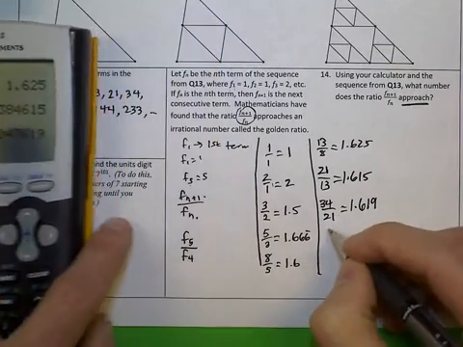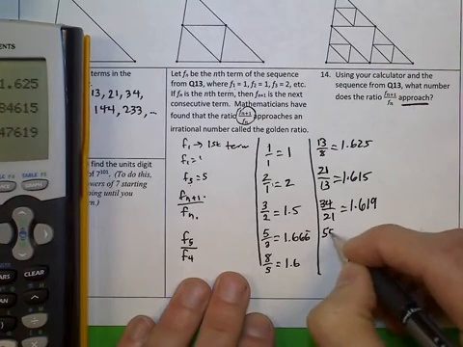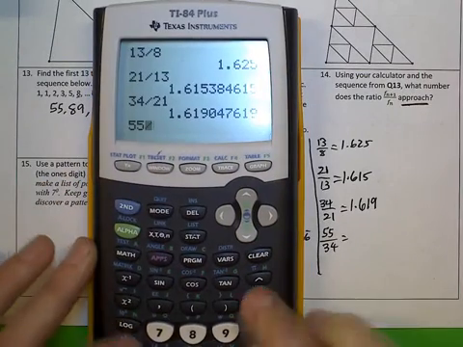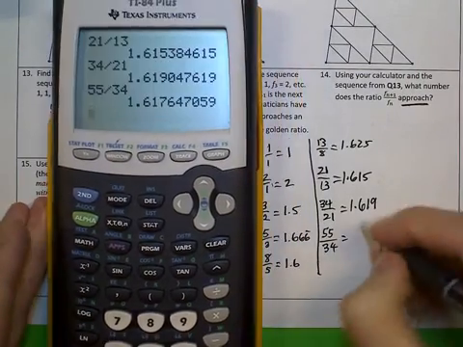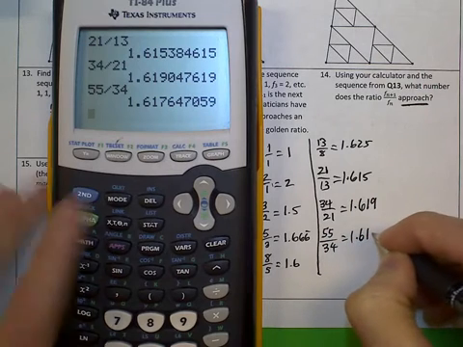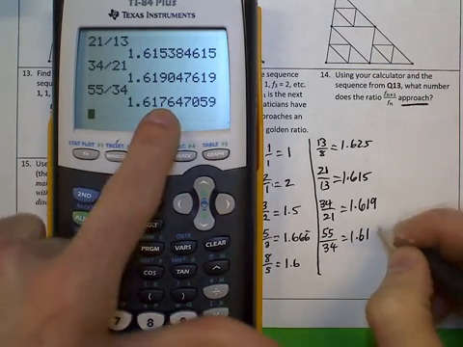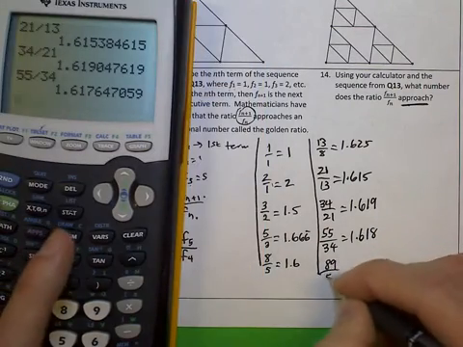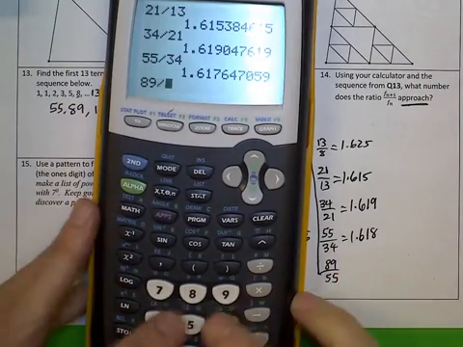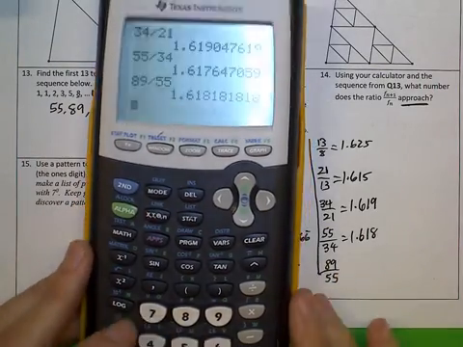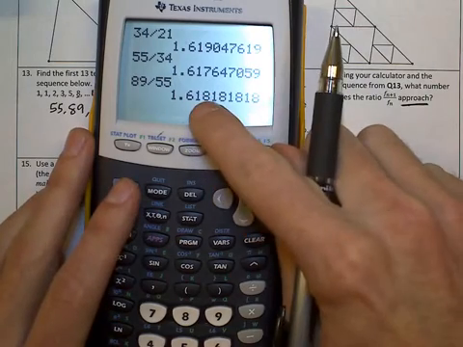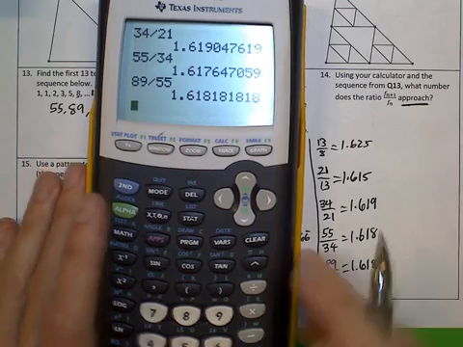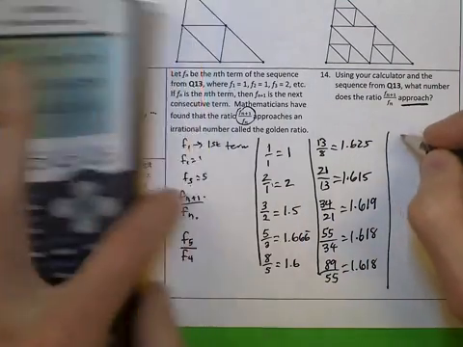The next one is, say, 55 over 34. 55, 34. This is strange. 1.61. That would round to an 8, right? Okay. And then I have 89 over 55. 89 divided by 55. 1.618. And it would stay there. Okay. And then one more we had